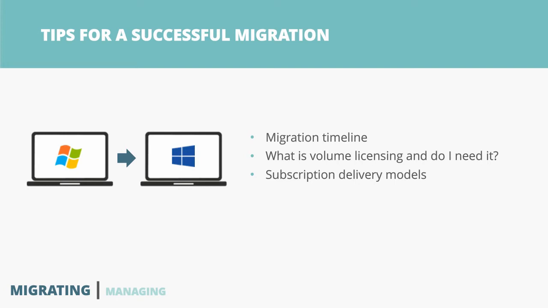You always want to start on the newest, highest version that you can so that you're not always out of date, and we'll talk more about updates. But volume licensing isn't as scary as you might think. It isn't as expensive as you might think, and like Eric said, you only need a 5-pack to start an open license agreement, and really only one of those needs to be Windows 10. You could use those licenses to have other products there too.